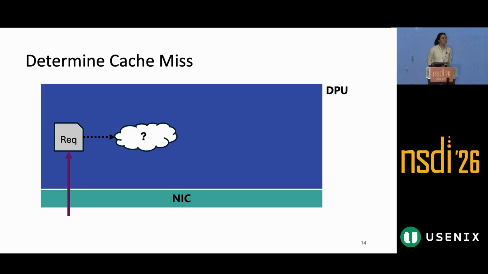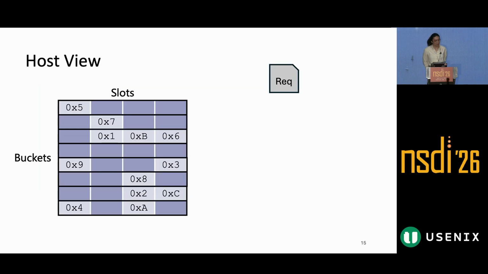So, once a request arrives on the DPU, before it can actually prefetch any data, it obviously needs to determine what needs to be prefetched. So this is the responsibility of our host view. This is required because of PD3's location on the DPU. We don't have native access to the items cached in local memory. Thus, the responsibility of the host view is to track those very items. The key challenge here was to ensure that the lookup matches that of modern data systems, which I will describe how we achieve. But first,